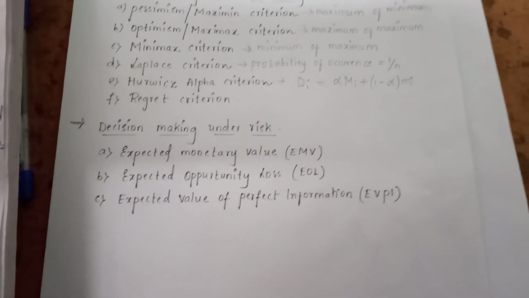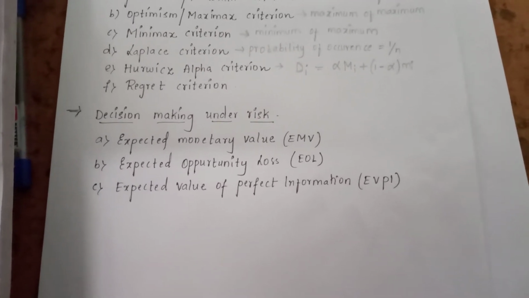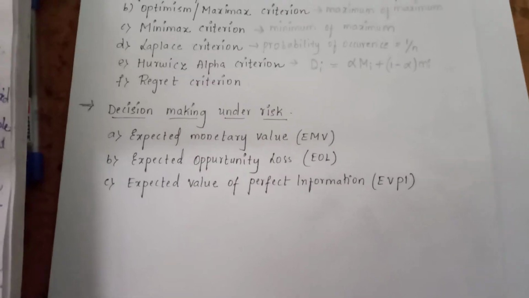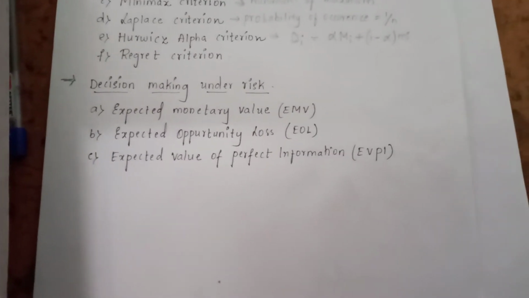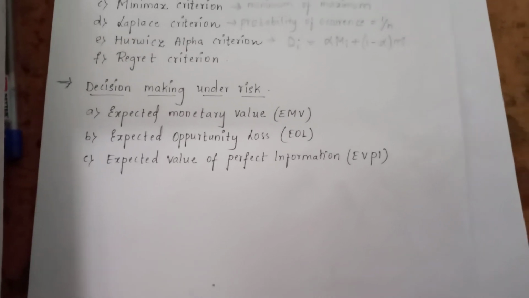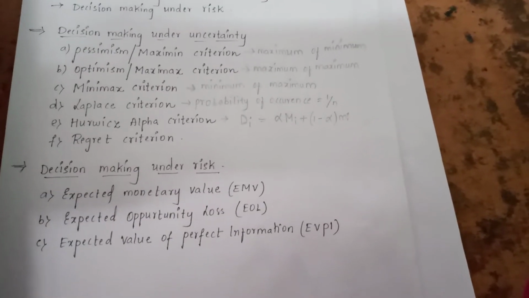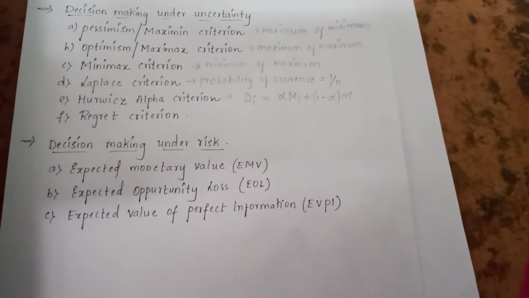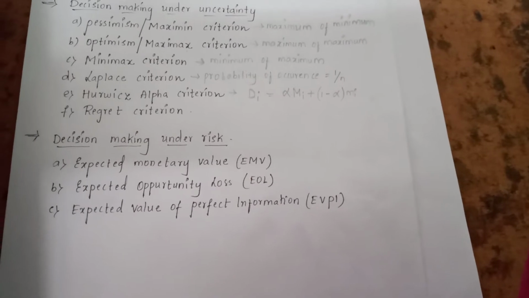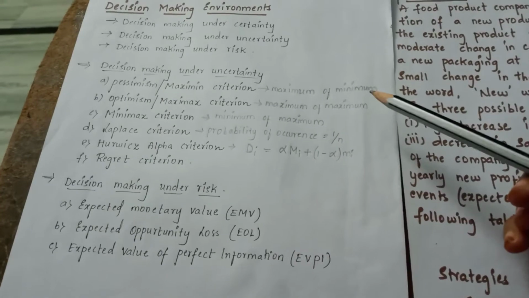And the last one, students, is regret criterion. This criterion focuses upon the regret that the decision maker might have from selecting a particular course of action. The regret is the difference between the best payoff we could have realized with the known states of nature. So students, in that particular course of action, the maximum value should be subtracted from the payoff of that course of action. That is also known as opportunity loss or opportunity cost. So this is decision making under uncertainty, students.